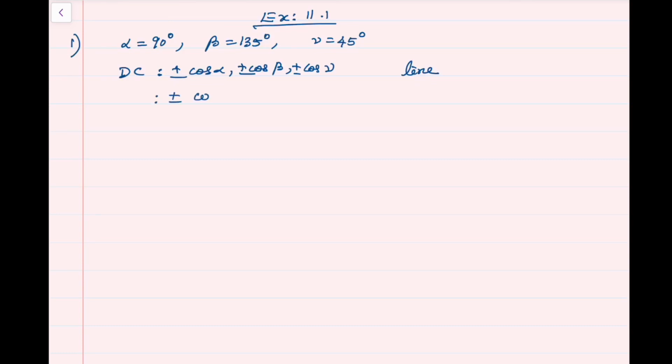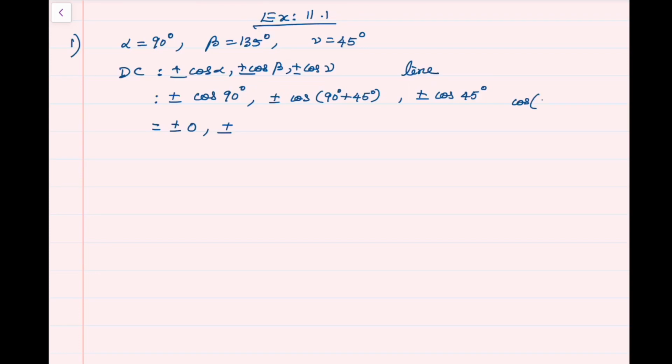Plus or minus cos 90, plus or minus cos of 135 degrees. 135 degrees, I can write it as 90 plus 45 degrees, and plus or minus cos 45 degrees. Therefore, the answers are cos 90 is 0,